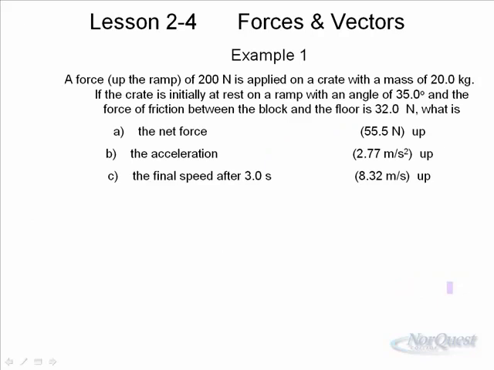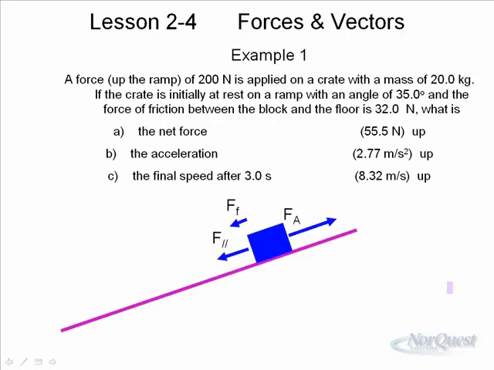So here's a basic example. A force up a ramp is 200 newtons. So a force of 200 newtons is applied on a crate which has a mass of 20 kilograms. The crate is initially at rest with an angle of 35 degrees, and the force of friction is 32 newtons. What is the net force? What is the acceleration? And what is the final speed after 3 seconds? So the answers are given there, and what you should take a look at is see if you can figure out how to